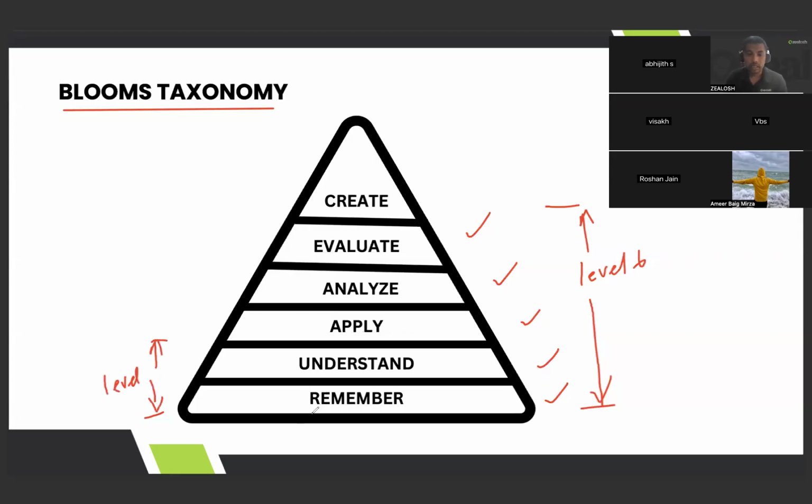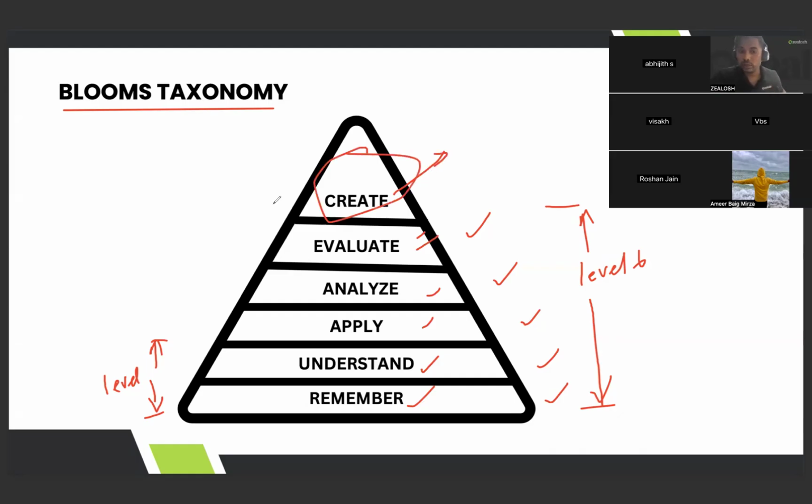Now, somebody can ask how remember came first before understanding. Yeah, we have a bad habit of remembering things without even understanding them properly. Rote learning, we call it, by-hearting things. So humans will remember things even if they are not understanding them properly. That is why remember is considered a very basic thing in learning. Remember plus understand. If you're going for level 6, then apply, analyze, evaluate. Now if you go to your master's, higher level qualification, you should have the capability to create new things.